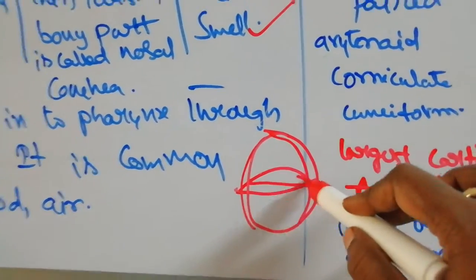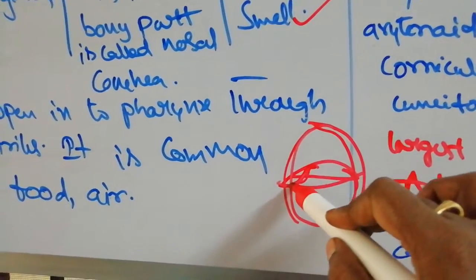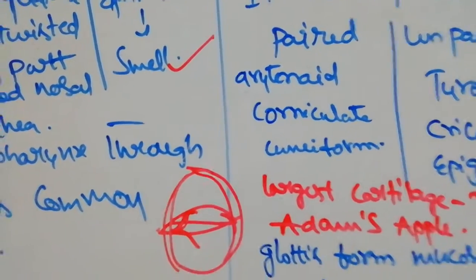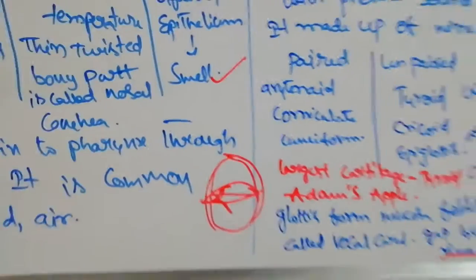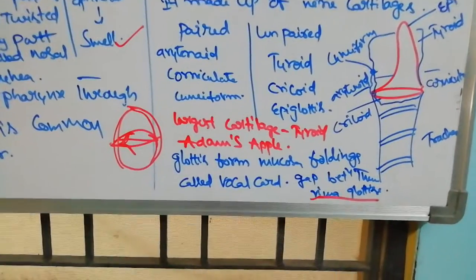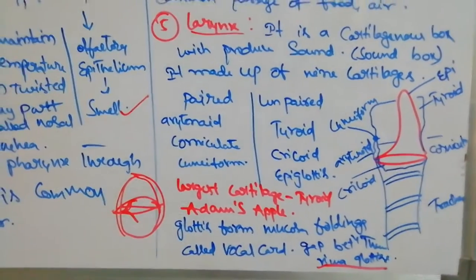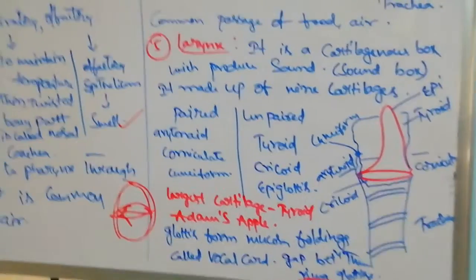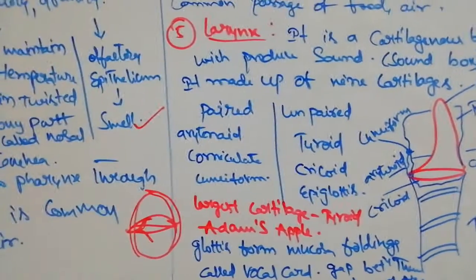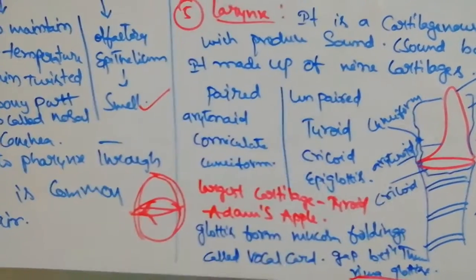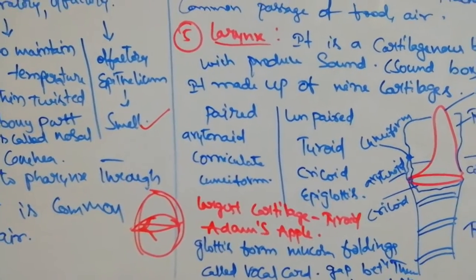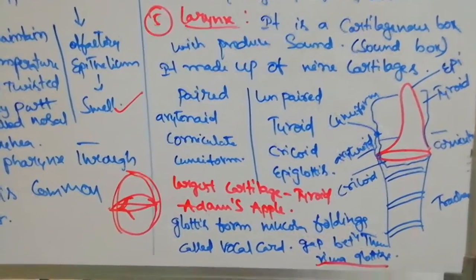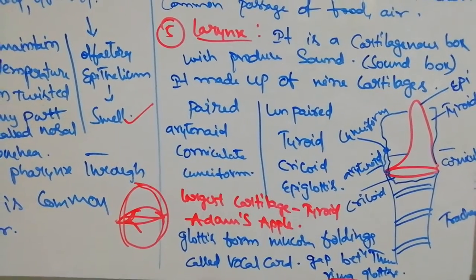The distance between these vocal cords is called the rima glottis. That is what we call the rima glottis. And the false foldings present are called the false vocal cords. The largest cartilage among them is the thyroid. If you observe the throat portion in some people, a projection is present, like a bone coming upwards. Especially in males, who are thinly built, that is called the Adam's apple. That is called the Adam's apple.